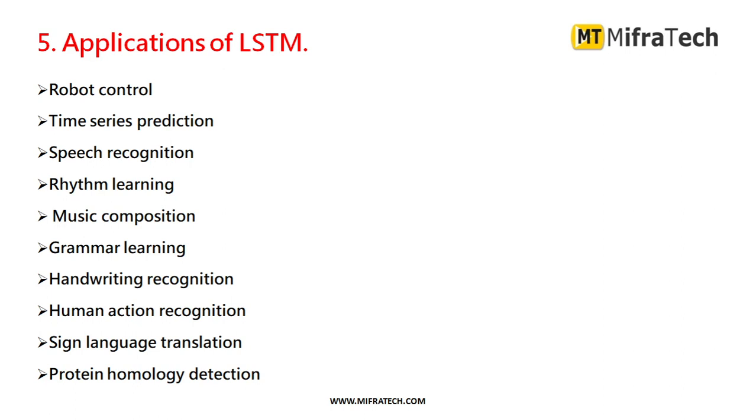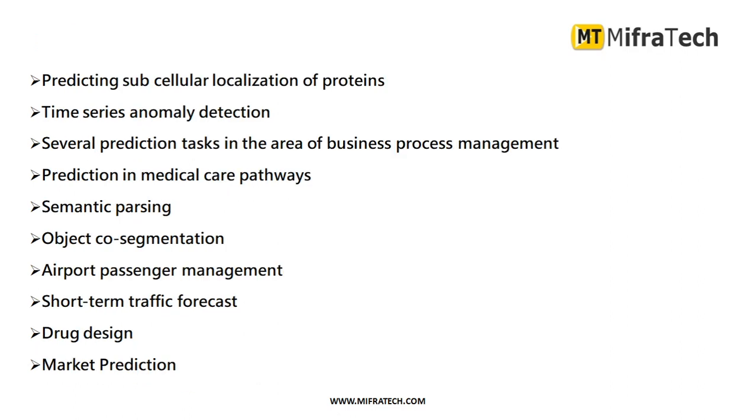Finally, we'll see the application areas, or where we can use LSTM. First is robot control, time series prediction, speech recognition, rhythm learning, music composition, grammar learning, handwriting recognition, human action recognition, sign language translation, protein homology detection, predicting subcellular location of proteins, time series anomaly detection, stock price prediction,